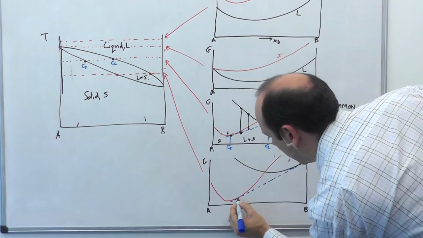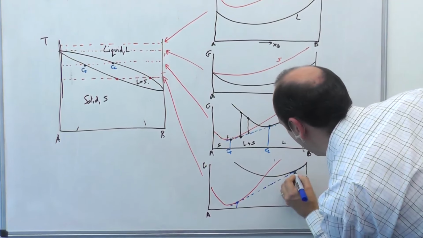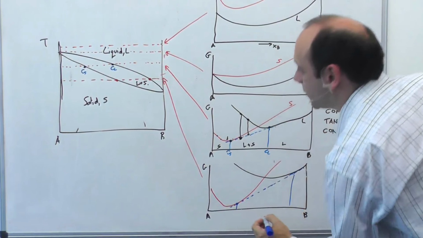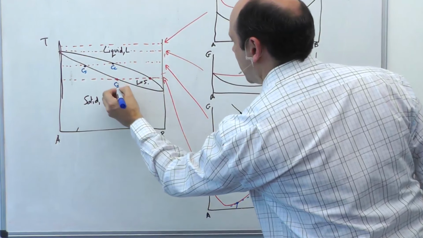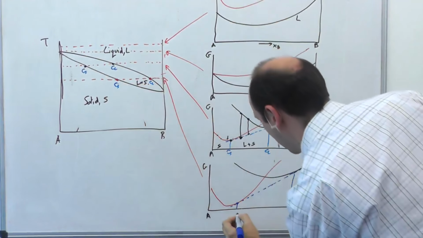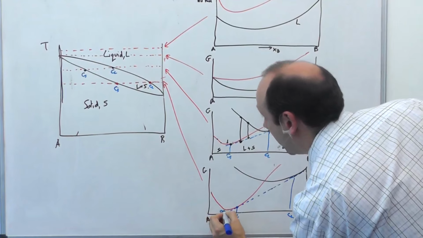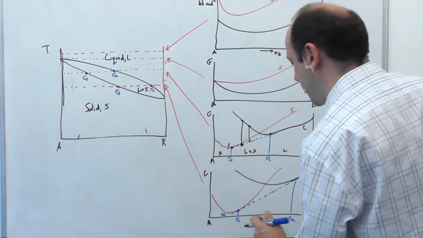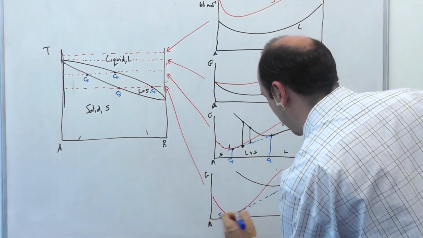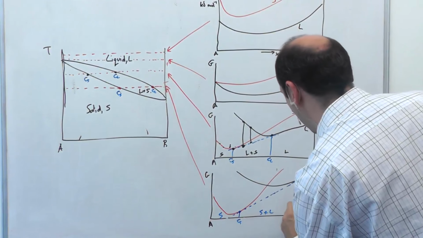So it's here and here. So those are our two compositions. That's our CS now and our CL there. And that's our CS and our CL. And we've got a wider region of solid phase. We've got a solid plus liquid region. And we've got a